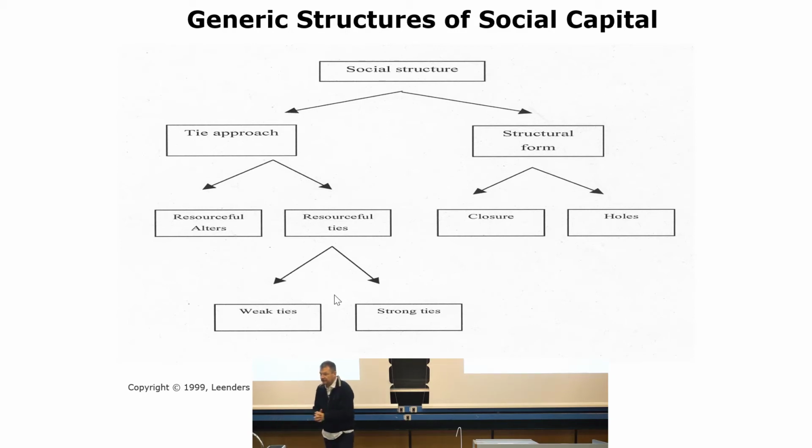But taking the positive view of social capital, there are two sides. That's the ties, or the resources to whom you are connected. There are your resources, and that can be very different. You can be connected to a rich guy investing in your startup, but you could also have a very close emotional friend supporting you when you are very ill. So resources can be very different. But of course you have this resource side, and you have the structural form, if it is open or closed, what I'm just referring to. And that, in the end, creates your social capital.